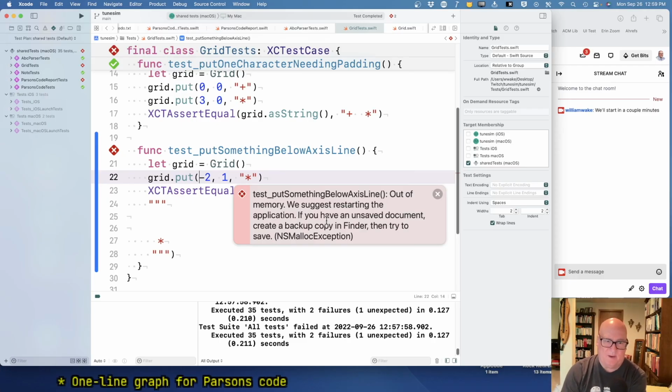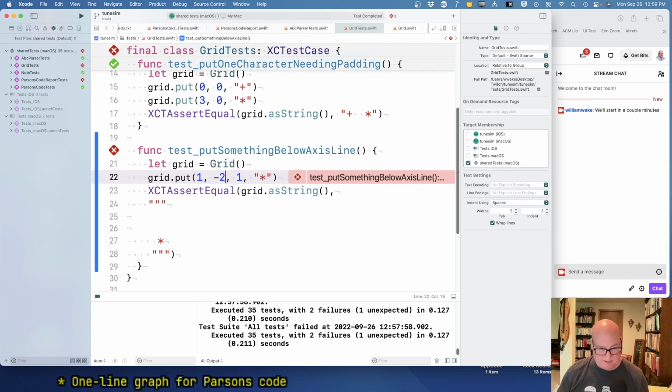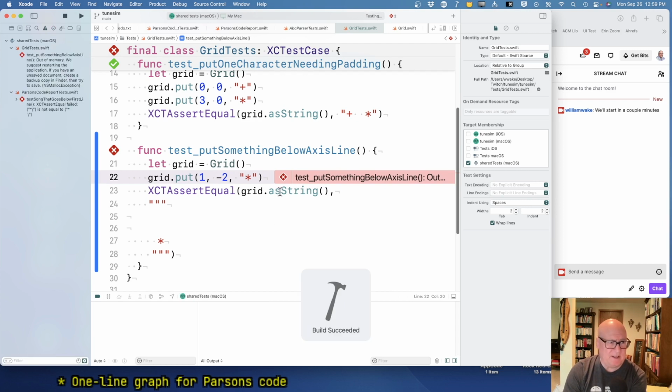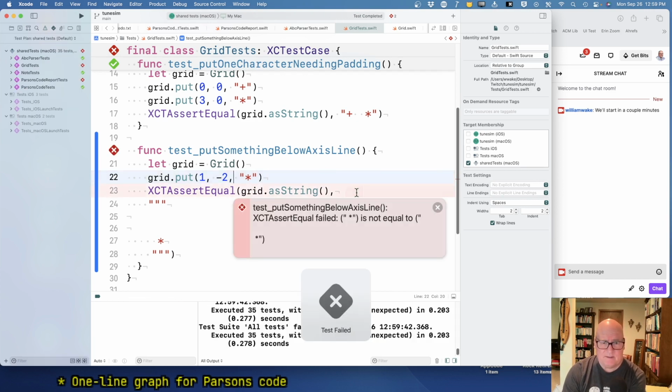All right, welcome back. Well, I restarted it, got the same error, but I realized, hey, wait a minute, this is x, it should be 1. Excuse me, y should be -2. I'm surprised it didn't get some other kind of crash on that, but that's better. Okay, so we don't have the blank lines. I think it's got a space there. The font doesn't show us too much, but